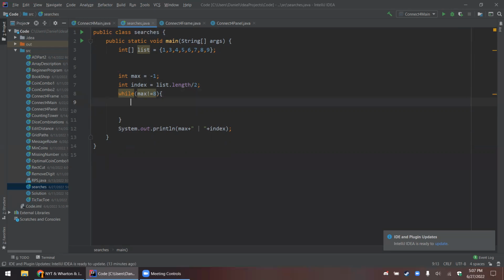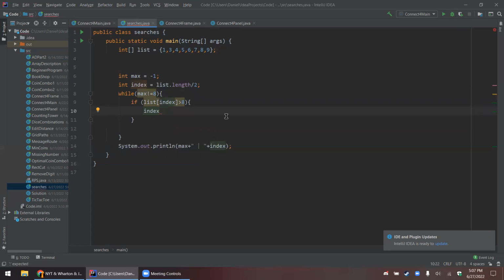And all you have to do in this case is check if the current value at list.index is greater than what we're looking for, then we tell index that, because remember, we're looking at a sorted list this time, this means the index must be looking at a number that's too large, which means that we go backwards, or depending on how it's sorted, it might change. Otherwise, if it's less than,